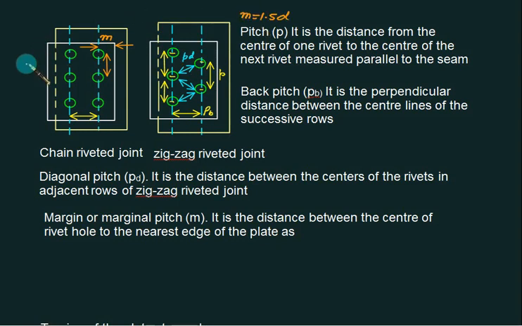So either you can do your calculation on the basis of width or on the basis of pitch. Normally the calculation is on the basis of pitch, because there are thousands and thousands of rivets along the width, the values are very large, and it takes a long time, which is an unnecessary waste of time. So it is better to do this on the basis of pitch. This one is called margin: how far your rivet is placed from the edge.